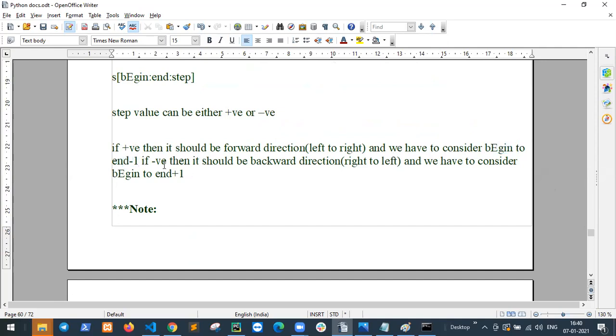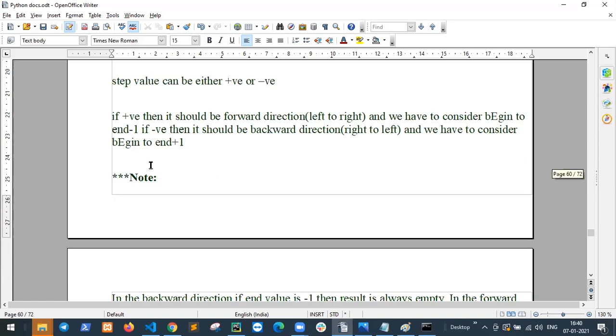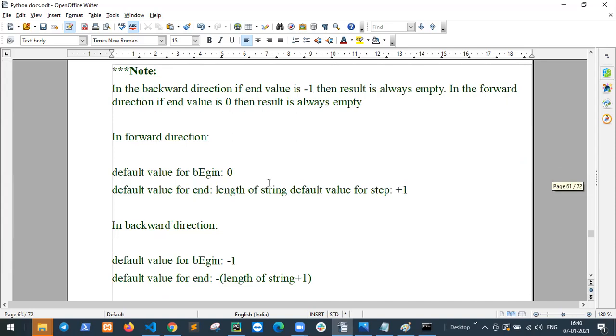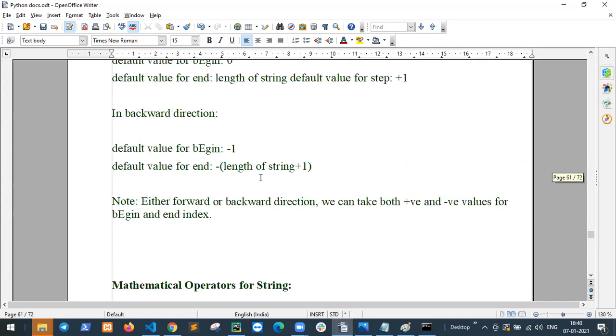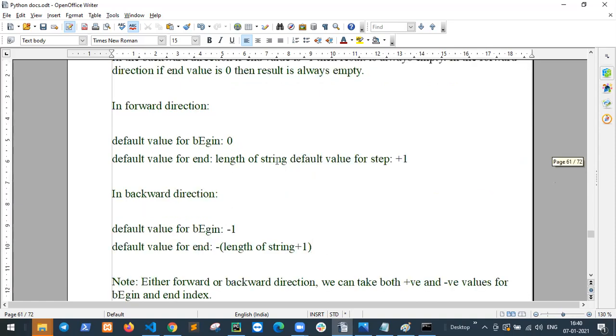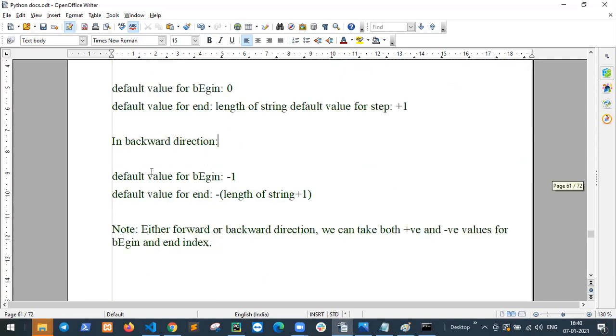If negative, then it moves in the backward direction, right to left, and we have to consider beginning to end plus 1. In the forward direction, same results. In the backward direction, the default value for beginning is -1, and the default value for end is length of string plus 1.